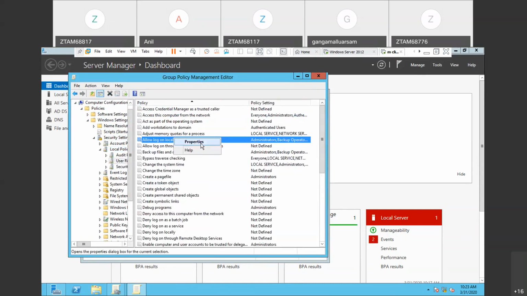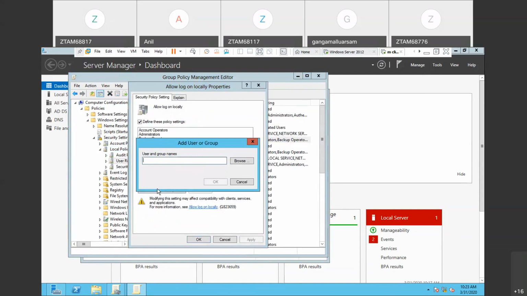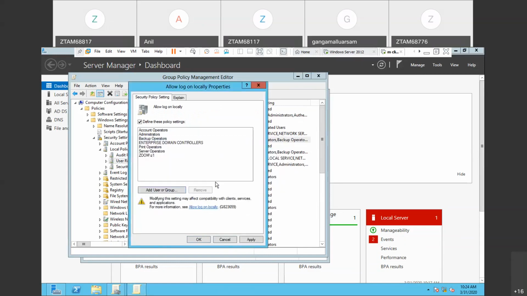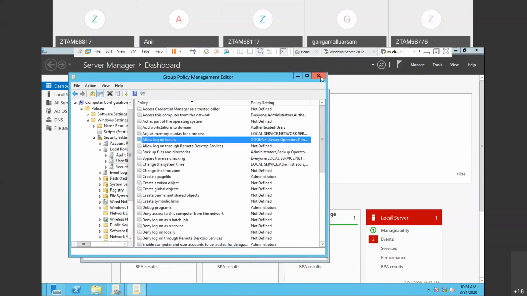Now I'm giving what? Whose name? Z1 user. Z1 at the rate. It is created where? Zoom dot. Now it should be verified. There. Now apply. Okay. Now Z1 user can log in from the